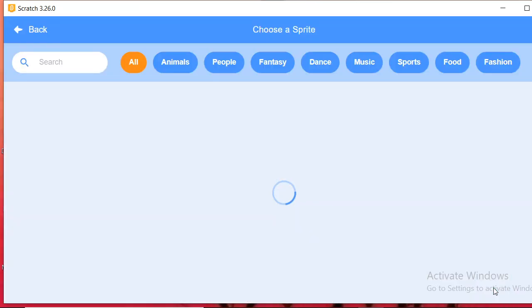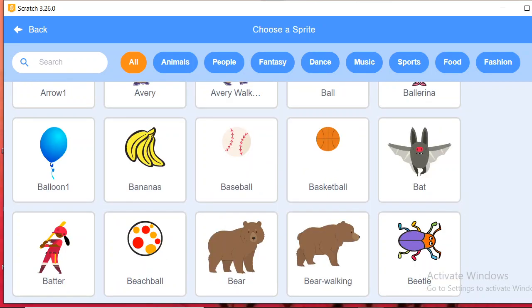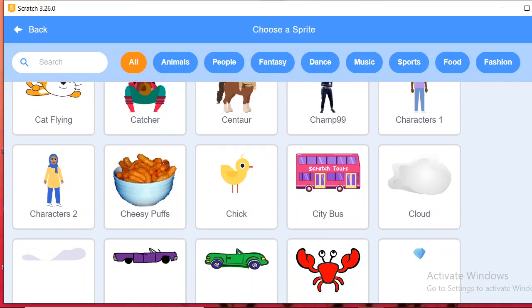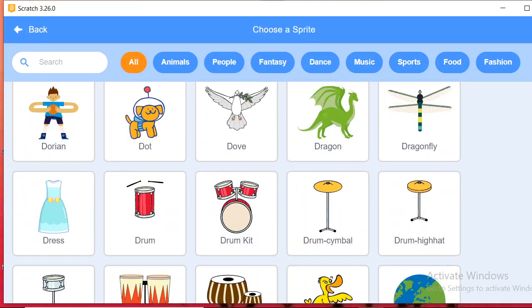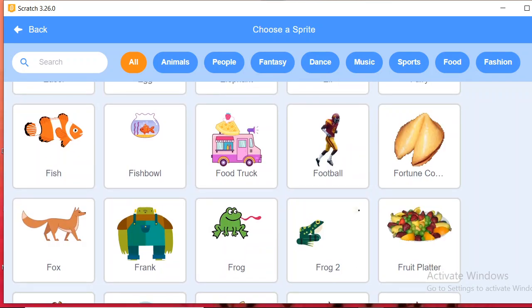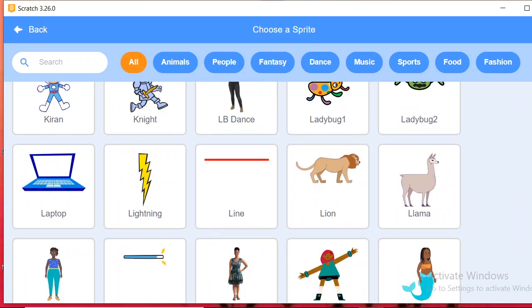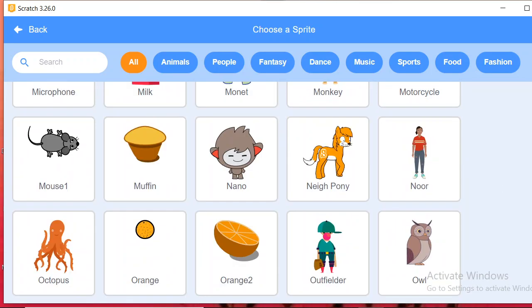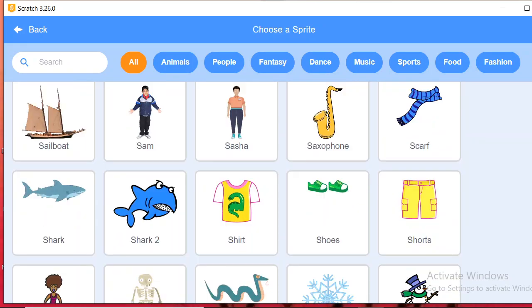So once again I am choosing another sprite. Okay, sailboat, I got it.